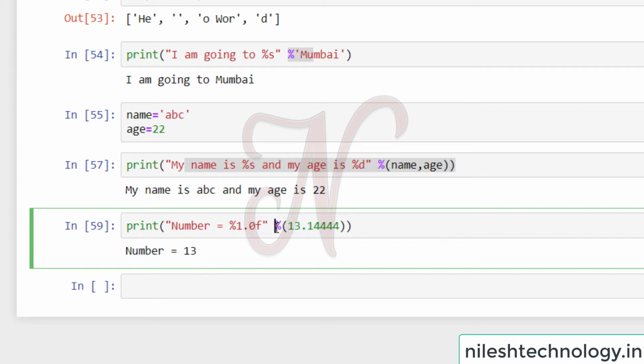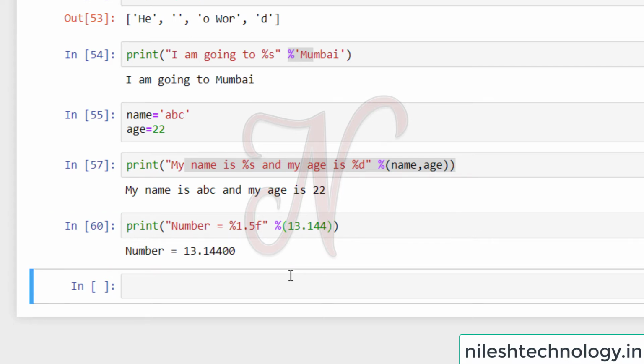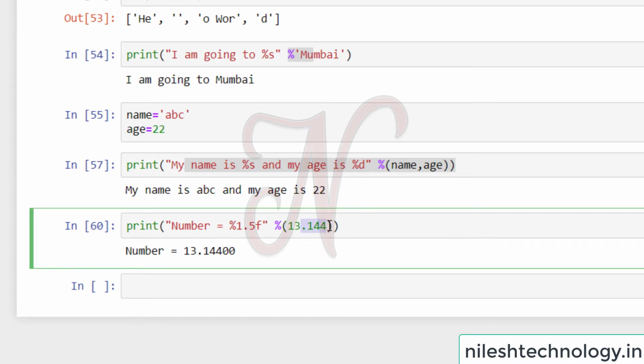Same here, next you can change this to 1.5, and the number is 13.144. See here my output is 13.144. So after the fraction there are only 3 digits.